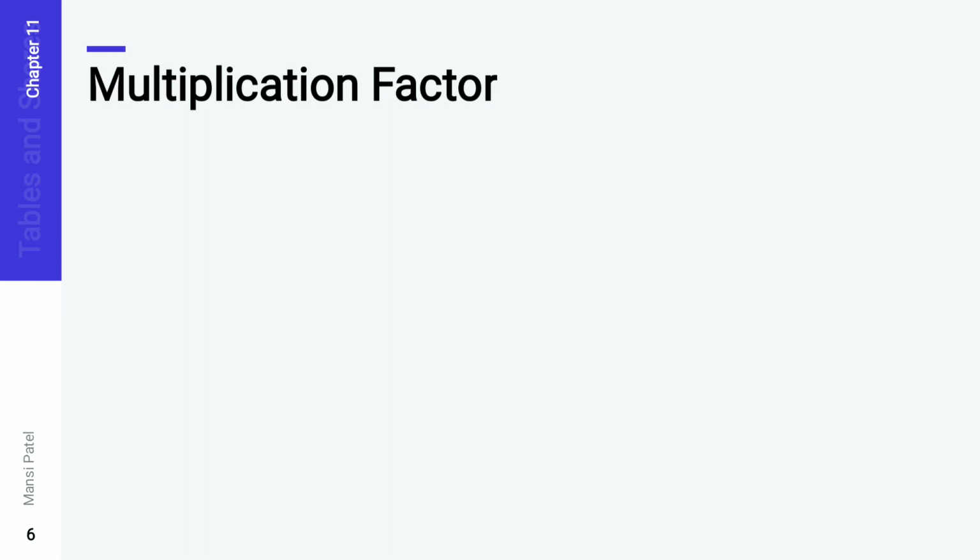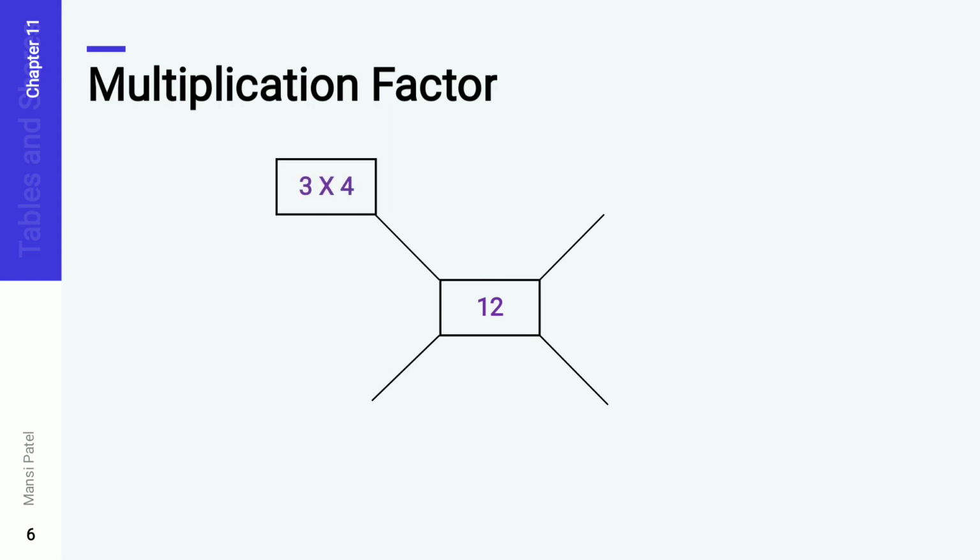Now let us see the next one, that is the multiplication factor. Now what is the multiplication factor? If I am giving any one number to you and I am asking you how many factors are there, it means we can say in how many tables this number is coming. If I am giving number 12 to you and I am asking in which tables number 12 is coming, some of the persons say that 3 4s are 12. Yes.